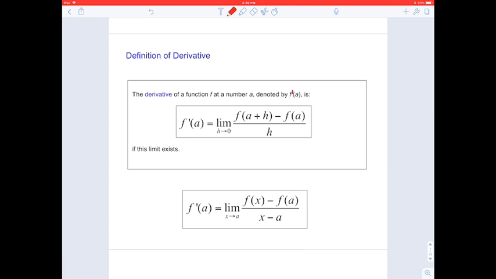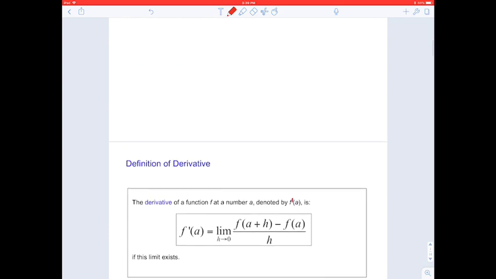We may also have a different form without the h, just using x, f of x and f of a and a. The other form looks like f prime at a equals the limit as x is getting close to a of the ratio f of x minus f of a over x minus a. That means we know that this is the derivative of the function at the point a. The formulas came from